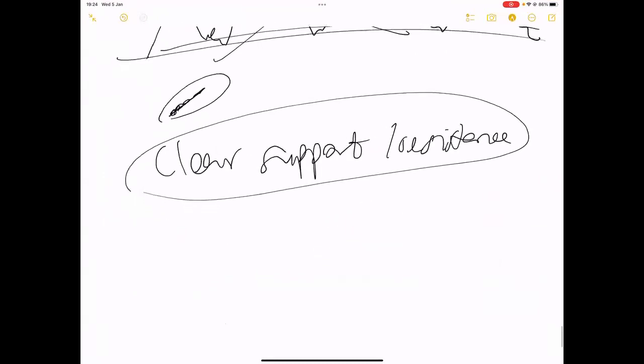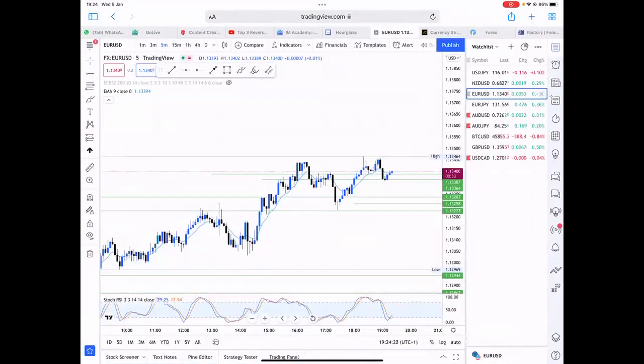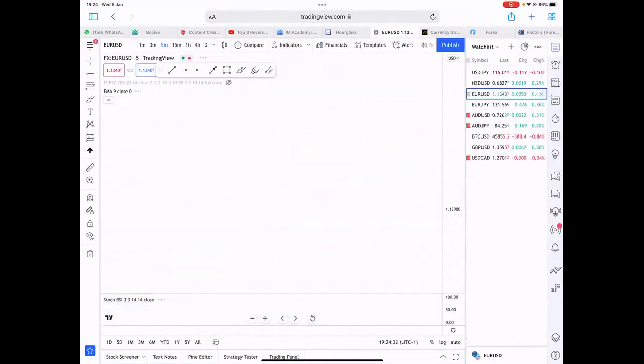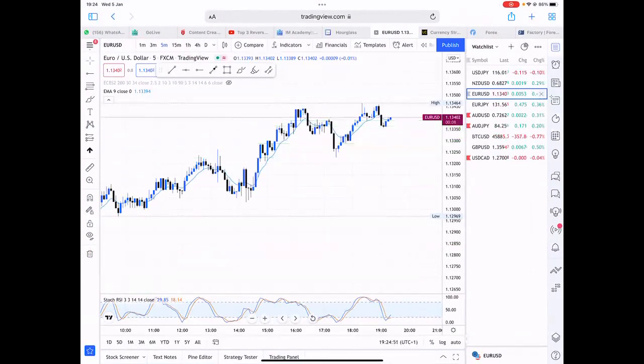I've taught you charting. Let me just teach you price action quickly. This is one way to chart. The only disadvantage is that it might make your chart a little clustered because of too many lines everywhere. However, now look at this. What if I told you that there's another way to do this?